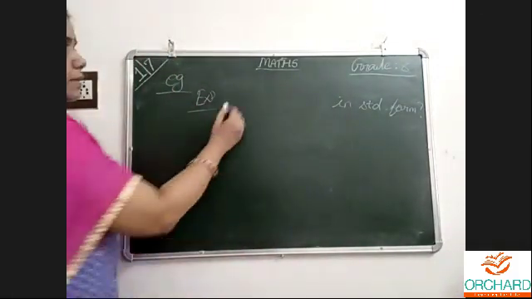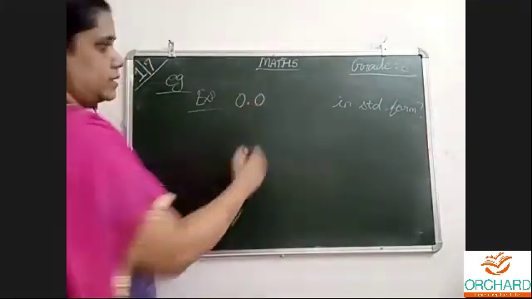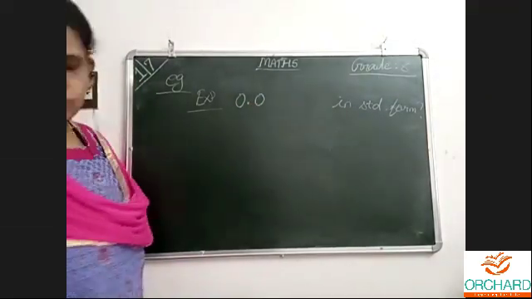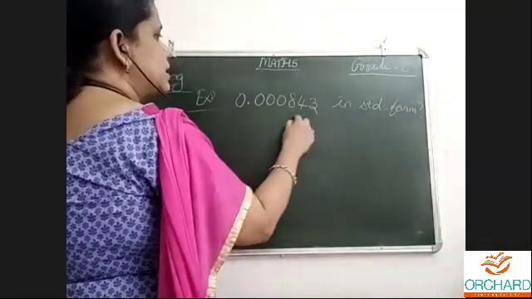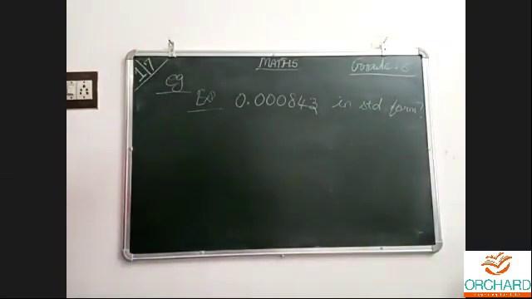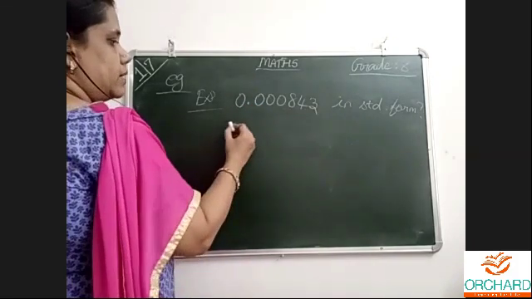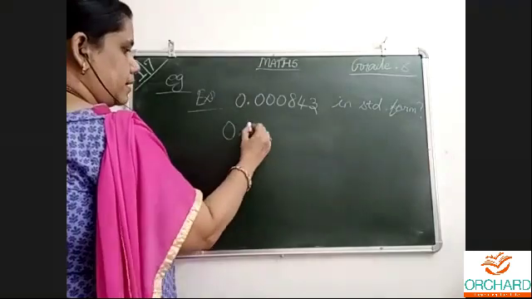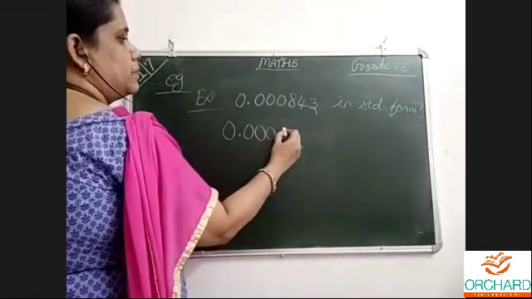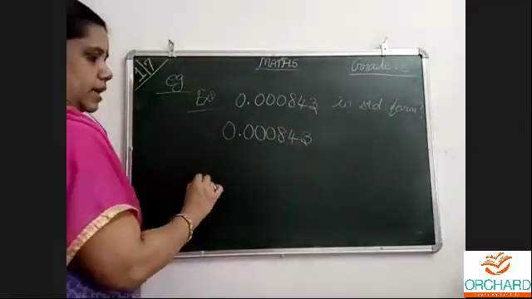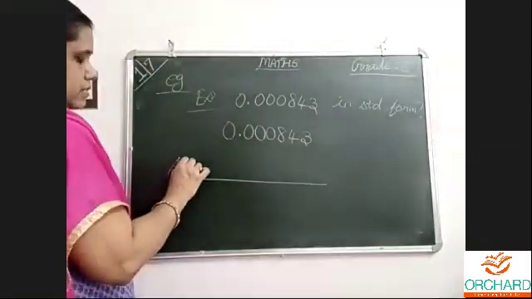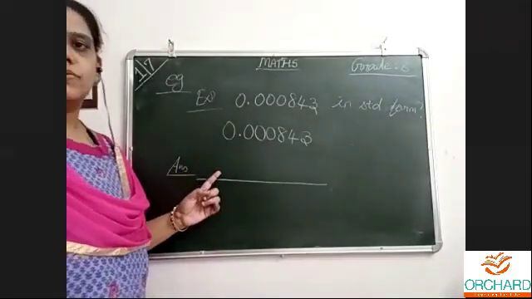Express this number in the standard form. They may give it like this also: 3, 8, 4, 3, with zeros and 8, 4, 3. Now, like in these cases where the point is there, first let us write the number with the point. When the point is there, I need to write the number with the point. The answer I'm going to write here. This is the answer. How do we have to write it?